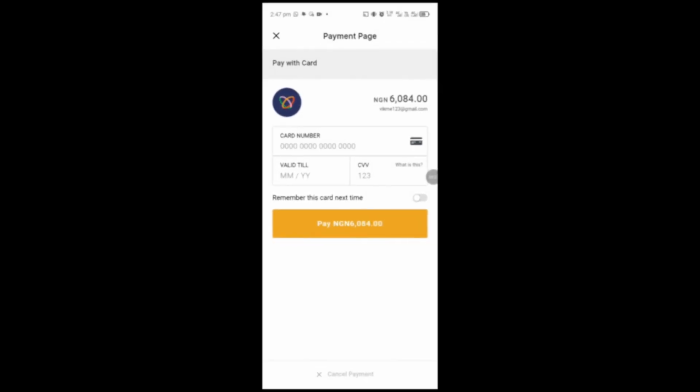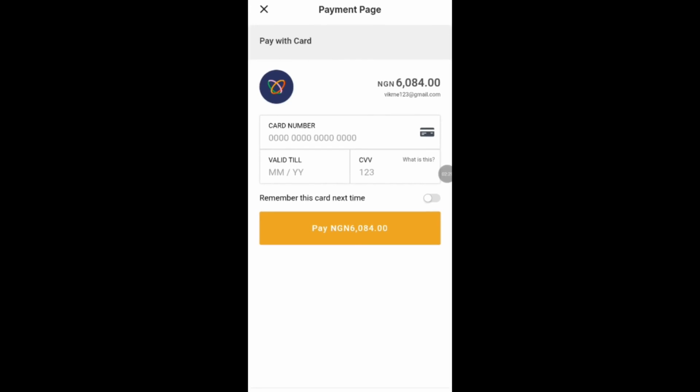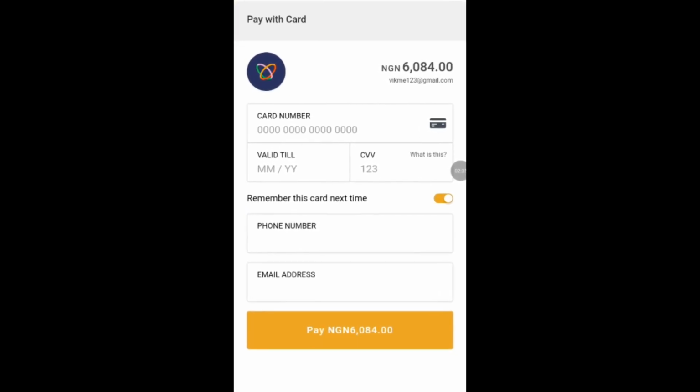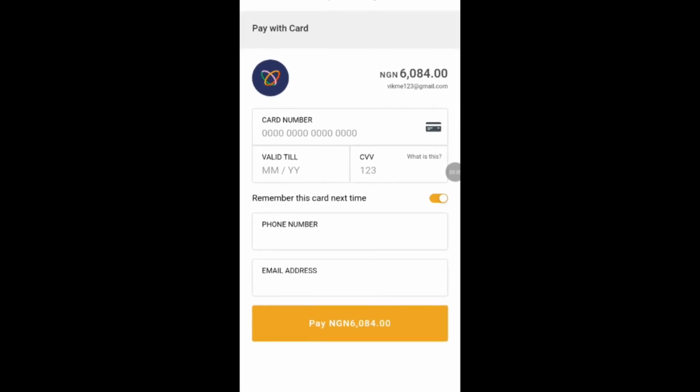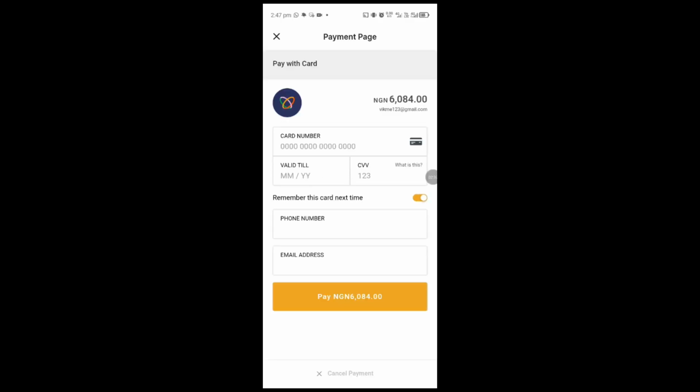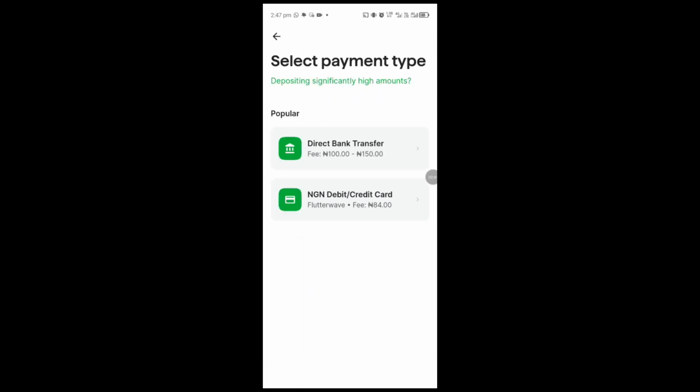All this will be inputted. Then you can even turn on the button here for the card to be remembered next time. I think if you use this option, it will be easy for you whenever you are coming back to the app to make deposits. But my card is not with me now, so let me use the direct bank